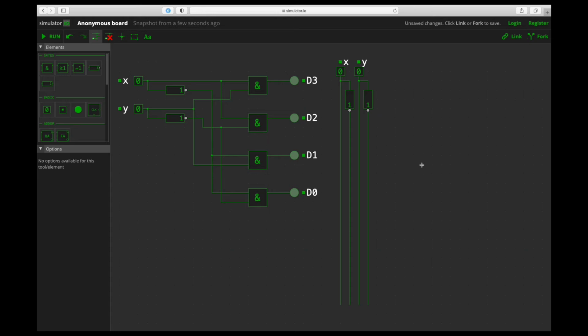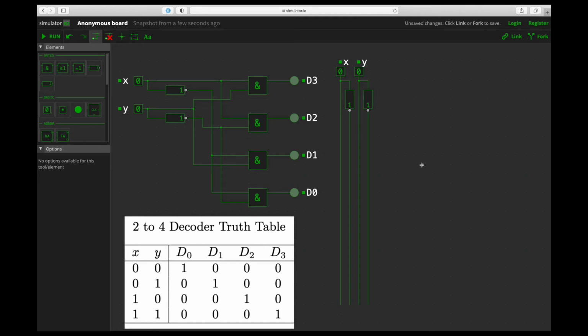So let's build the first term, D3, for instance, here, when we want to build that again in this order that you see on the right hand side. So let's start out with D3. So D3 is true when both x and y are true, and none of the other terms fall into them. So let's create an AND gate that we put right here. And oops, I need to actually turn this thing, because I want it in the horizontal direction like this. Okay, so here's my AND gate,